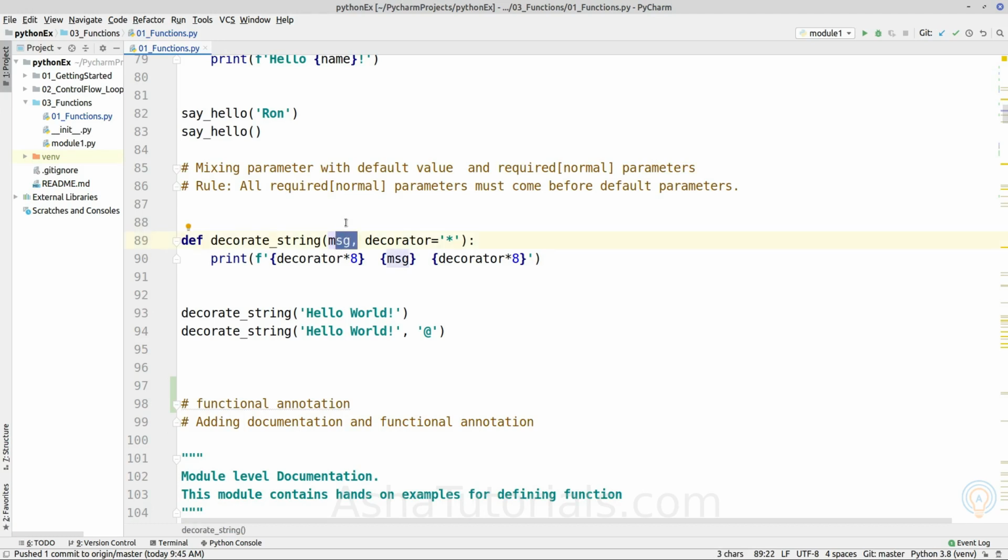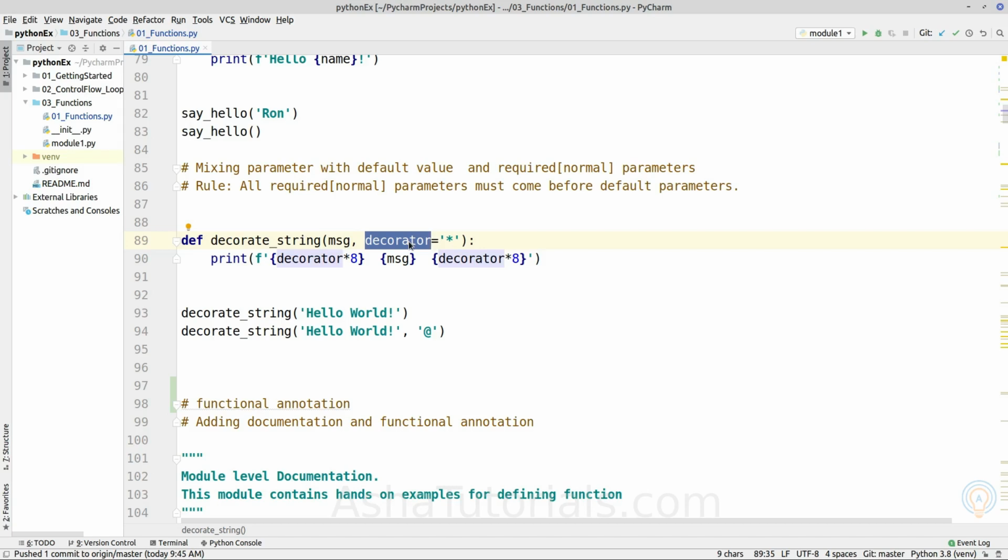So this separates the normal parameter as a required parameter. As we saw earlier, if we normally define a parameter of a function, it is a required parameter. We need to pass those parameters in order to execute the function. If we don't provide them, then it will not execute. So we can define both types of parameter: one is a required parameter and the second one is a default value parameter.